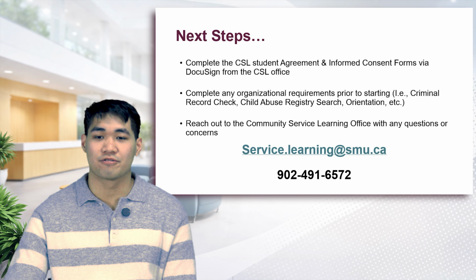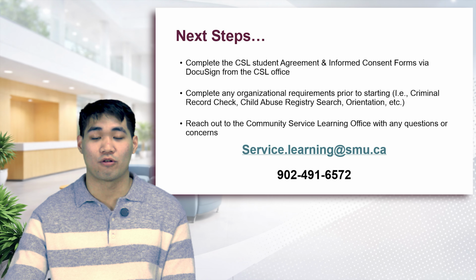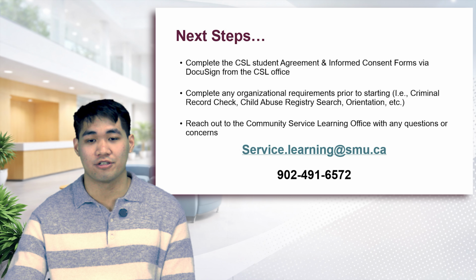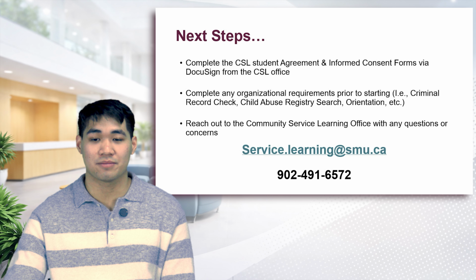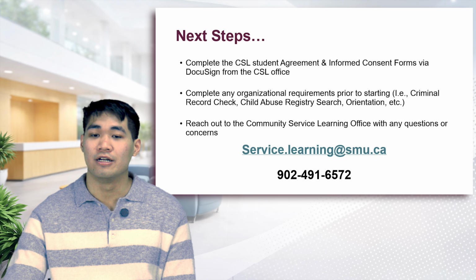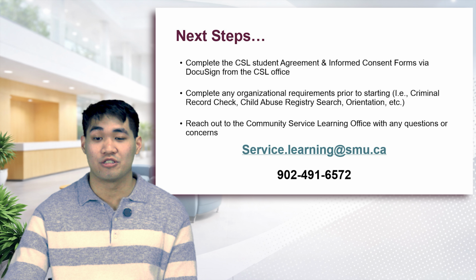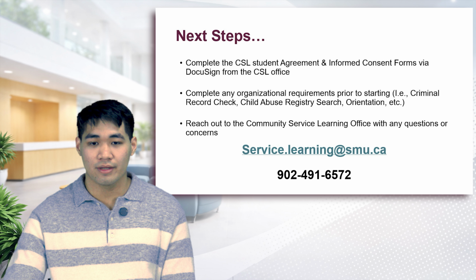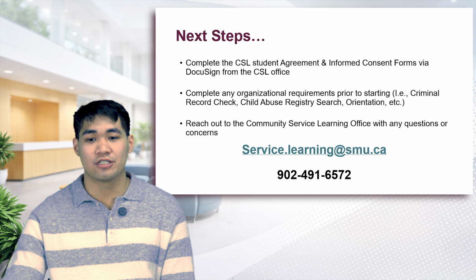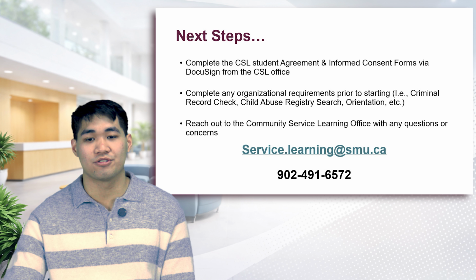So lastly, some next steps for you. Complete the CSL student agreement as well as the informed consent forms via DocuSign, which will be sent to your SMU email. Complete any organizational requirements prior to starting. That includes your criminal record check, your child abuse registry searches, any orientations, etc. And then finally, if you have any questions or concerns, do not hesitate to reach out to our office at either our email,